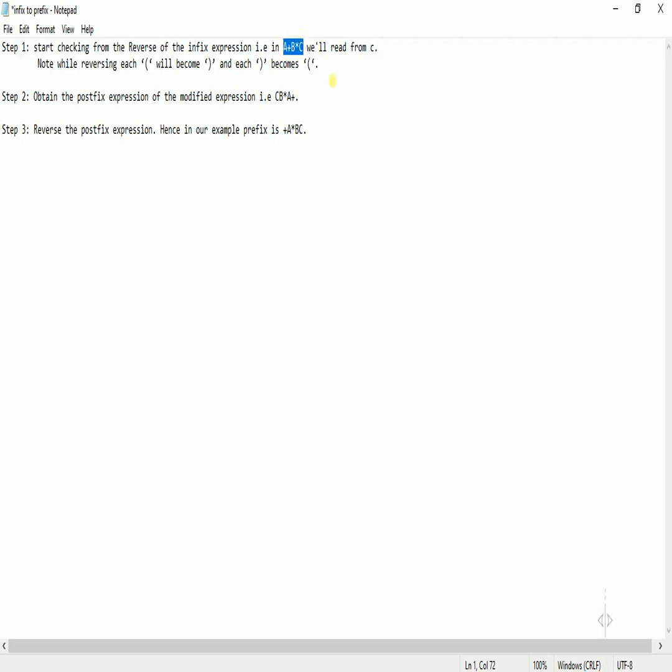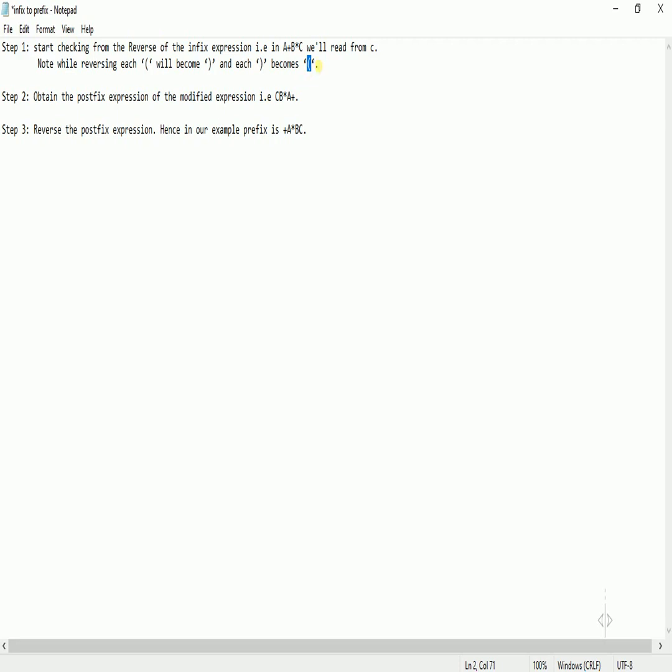Okay. Notice that when we reverse our string, in normal scenarios this is our opening parenthesis and this is our closing parenthesis. But in our case, when we reverse our string, we will program our program in such a way that this parenthesis will turn out to be the opening parenthesis and this will act as a closing parenthesis.